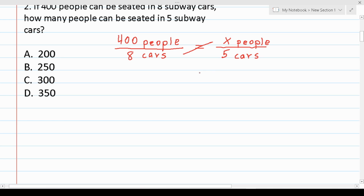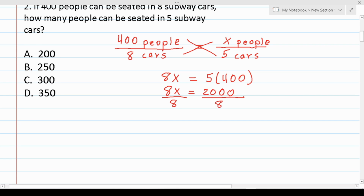So I'm going to do 8 times x first, so that's going to be 8x. Then I'm going to do 5 times 400 next. This math's pretty easy to do mentally. This is 8x equals, again, 5 times 4 is 20, and just tack on those 2 extra zeros. So this becomes 8x equals 2,000, and now we're just going to divide both sides by 8 to get x by itself. This is going to cross out, leaving us with just x over here, and now this is 2,000